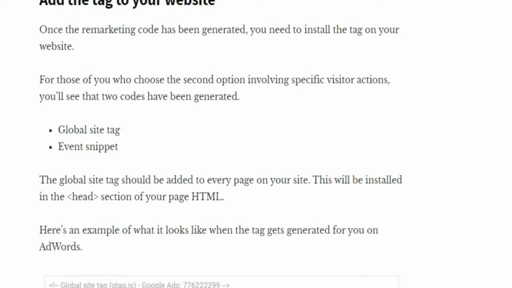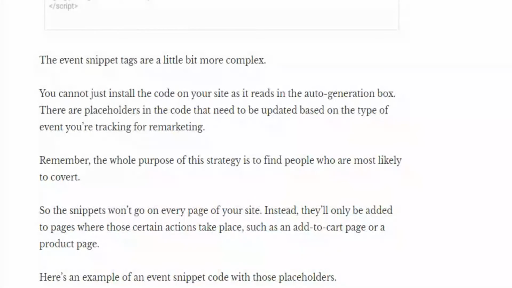Add the tag to your website. Once the remarketing code has been generated, you need to install the tag on your website. For those of you who choose the second option involving specific visitor action, global site tag, event snippet, the event snippet tag is a little bit more complex.